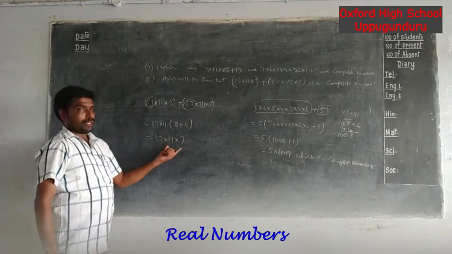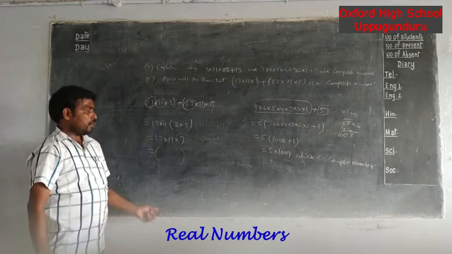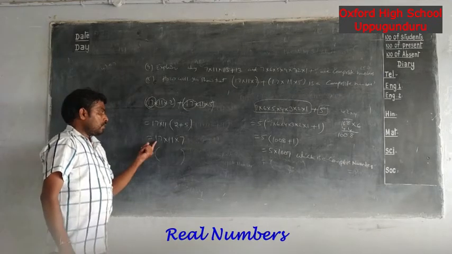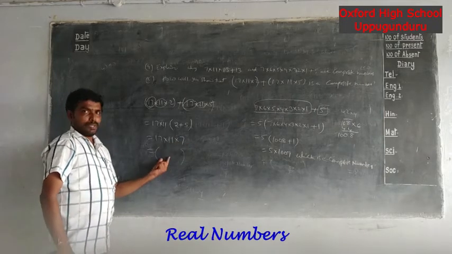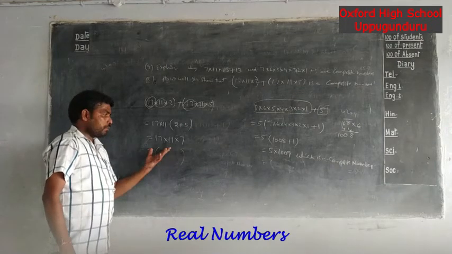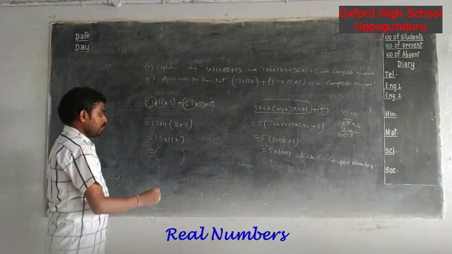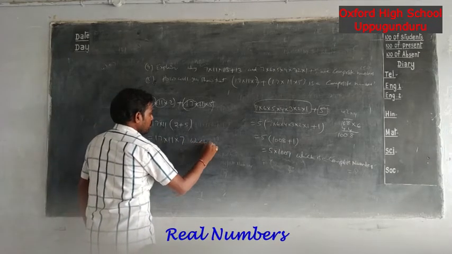So this is the product of three numbers. When you multiply the product of three numbers, you will get one value. For that value, these three are factors, and that value is also a factor of that number. One is also a factor of that number. That means for this value, you will get a minimum of 3 or more factors. That's why here only you can write it is a composite number.